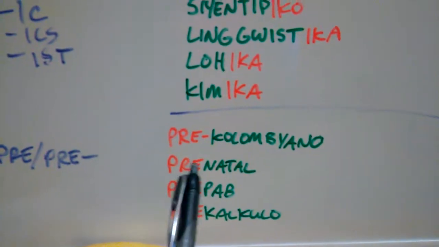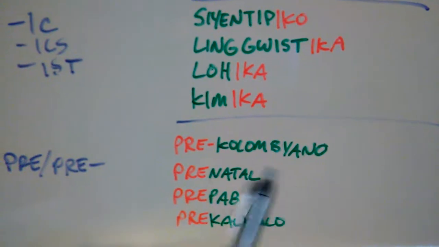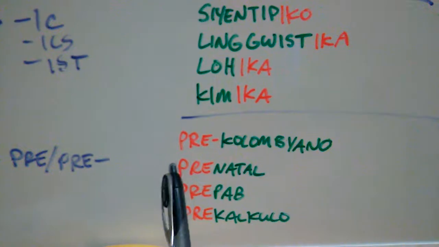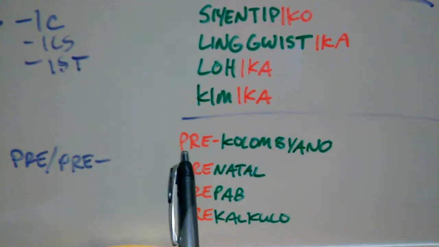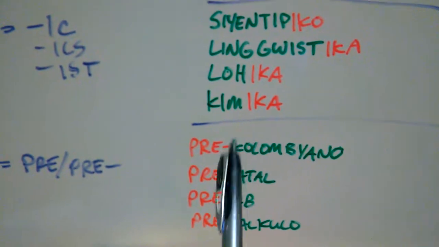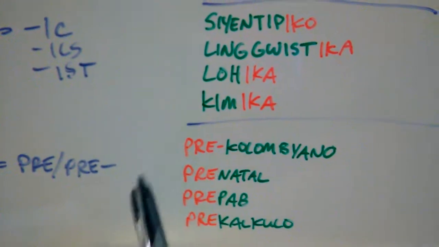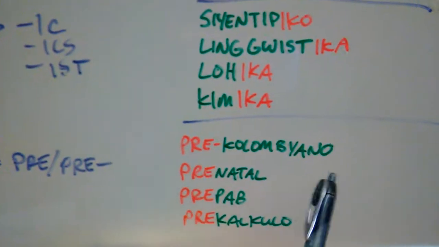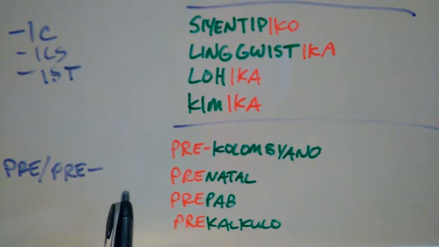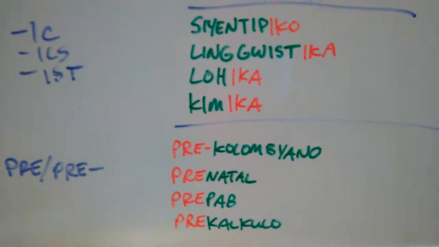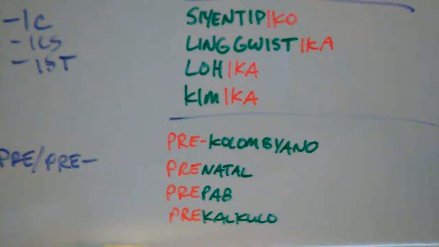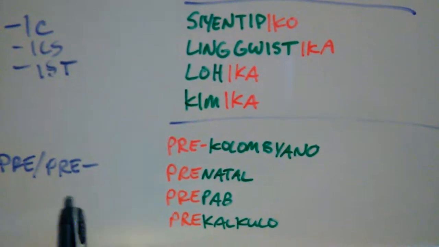The first one, pre-colombiano. Pre, not "pree". Remember, in English we pronounce it as "pree", but in Cebuano you have to roll that R, pre, okay? And that E is not "ee", but "eh", okay? Because the I makes the "ee", and the E makes the "eh". So keep that in mind. Pre-colombiano. Pre-Columbian, meaning the period before Columbus, Christopher Columbus, or Cristóbal Colón, before he sailed to the New World, supposedly, right?